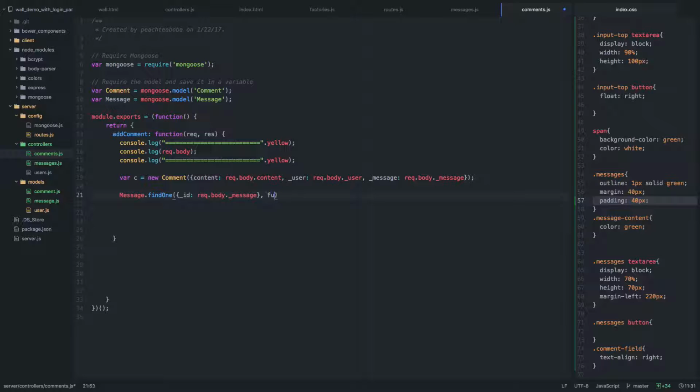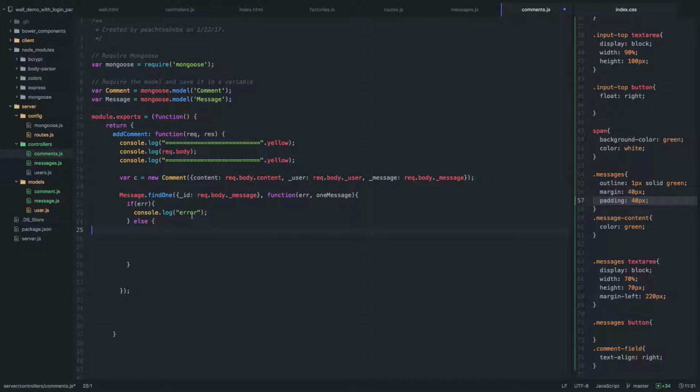And then I'm going to run the callback function with the error and the one message, like that. Close this. In here, if there's an error, I'm going to say there's an error, or else